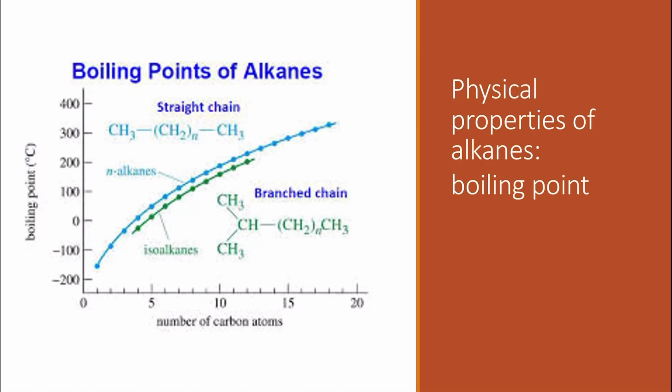The first physical property we're going to talk about is the boiling point. As you can see from this graph, this represents the number of carbon atoms in a chain over the boiling point. So the first three members of the alkanes are gases, which have a boiling point lower than zero. And then as the number of carbon atoms increases, there is an increase in the boiling